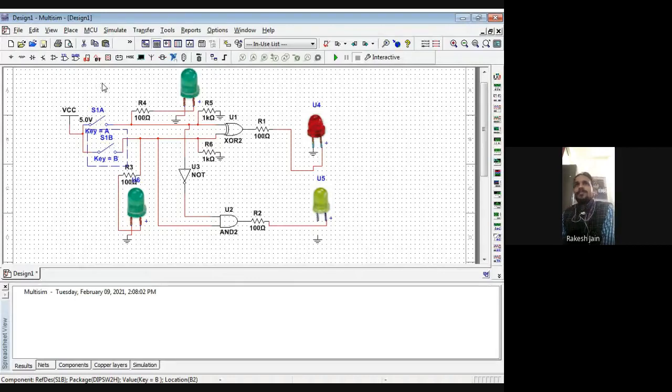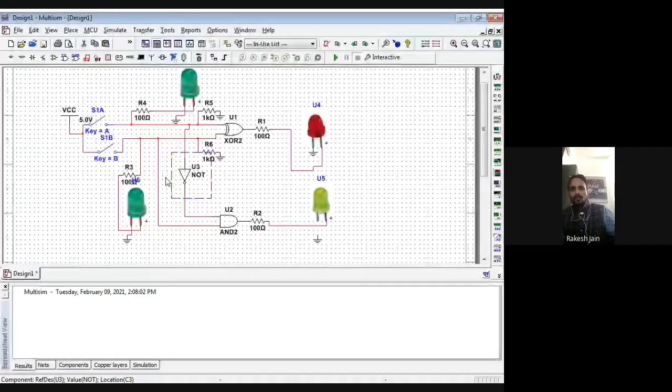In case of a half subtractor, we require two inputs for the XOR gate. So for the same, we take this XOR gate. For the two inputs, we connect two switches, and one side of the switches is directly connected with the supply, so that whenever any switch is pressed, it means that input is present.